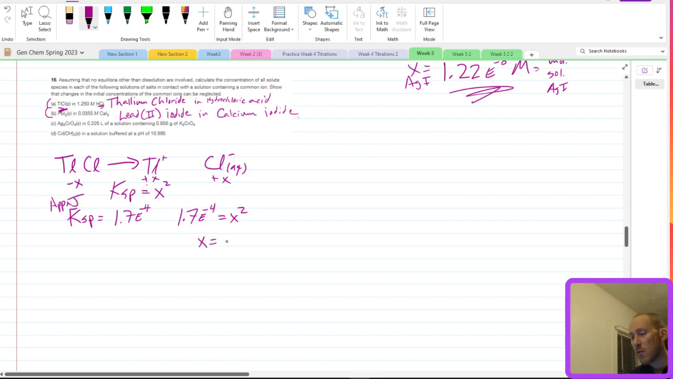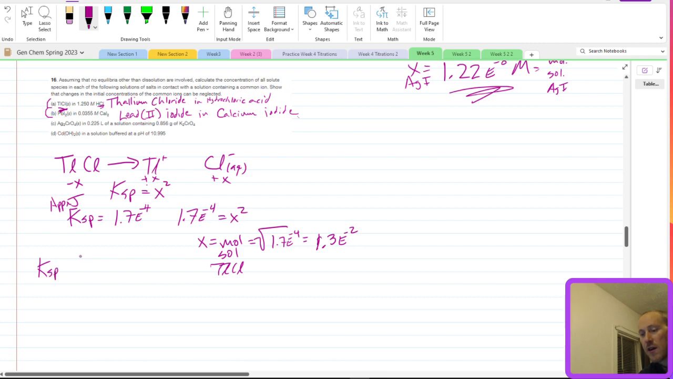So x, the molar solubility of tellurium chloride, equals the square root of 1.7 times 10 to the minus 4, which is 1.3 times 10 to the minus 2. However,